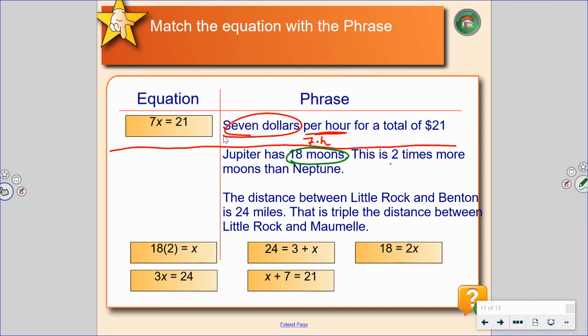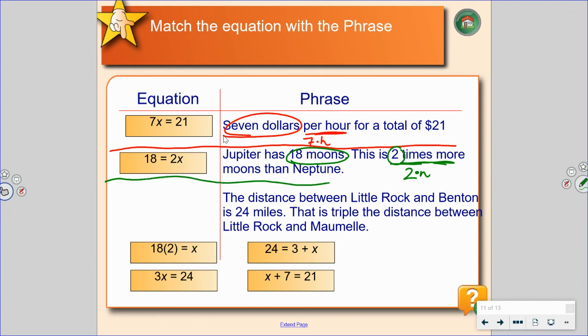18 moons. 2 times more. So anytime you think 2 times more, you're thinking 2 times more than Neptune. So which of those says 18 is 2 times Neptune? That would be this equation right here. Instead of using n, they chose x, not to give it away. Last but not least,